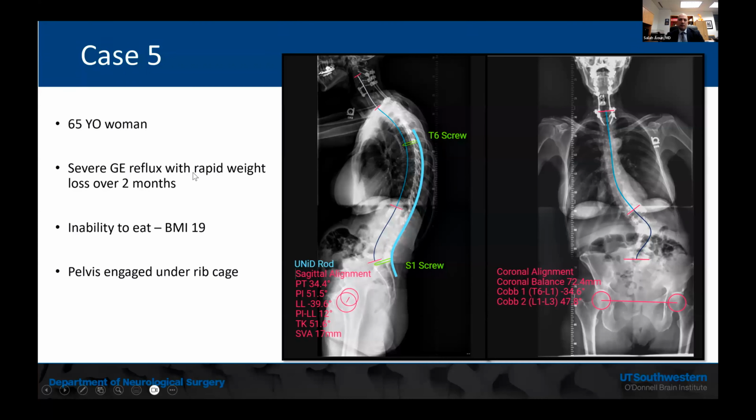So she was 65. She came with us with extremely rapid weight loss. Her bone quality was good, but she lost a lot of her muscular mass. You can see that she's cachectic there. She was unable to eat. Her BMI dropped from 26 to 19. And you can see how her pelvis is inside her ribcage here, which explains why she's having so much problem